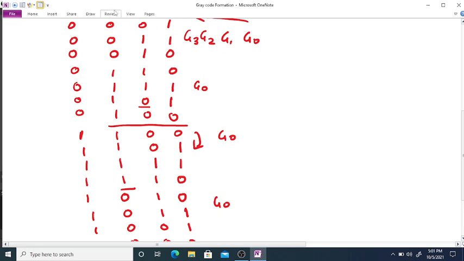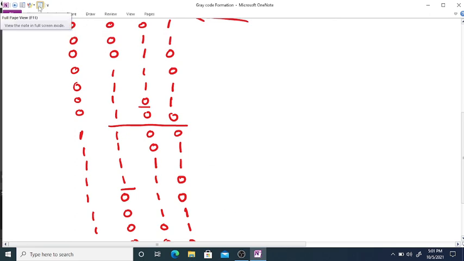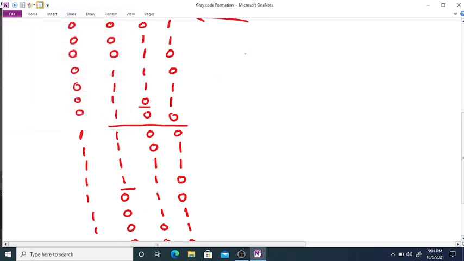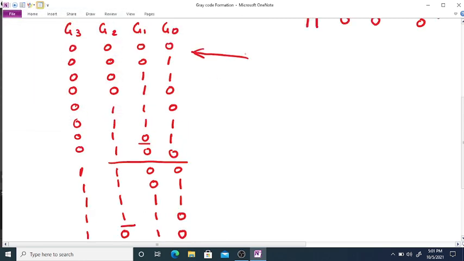If we convert this to decimal, this will be 0, this will be 1, here it will be 3, 2, 6, 7, 5 and here it will be 4.